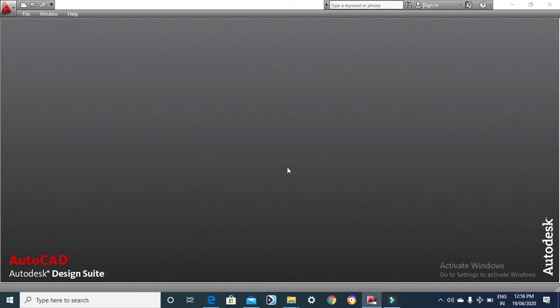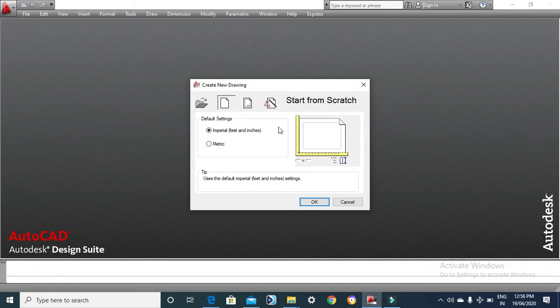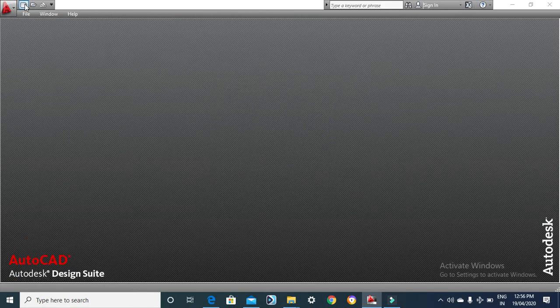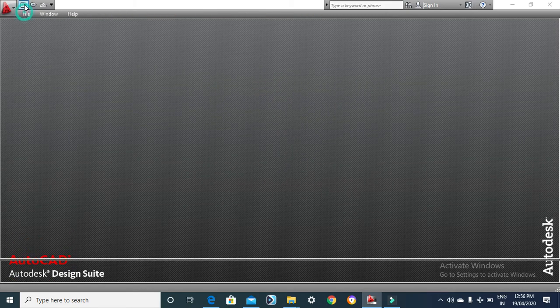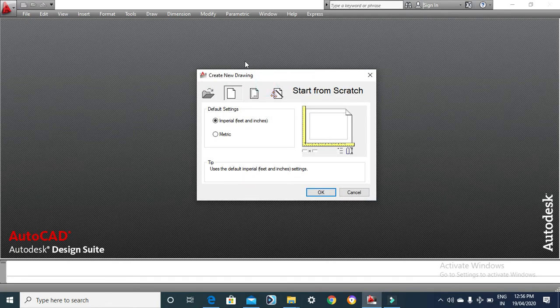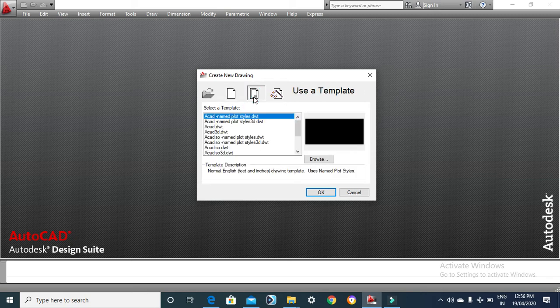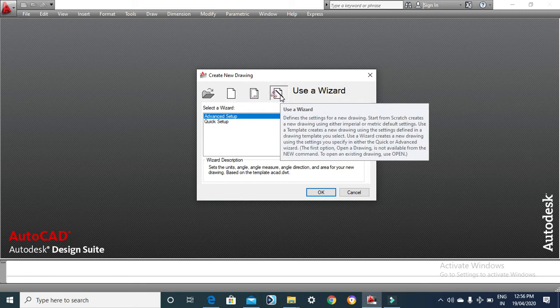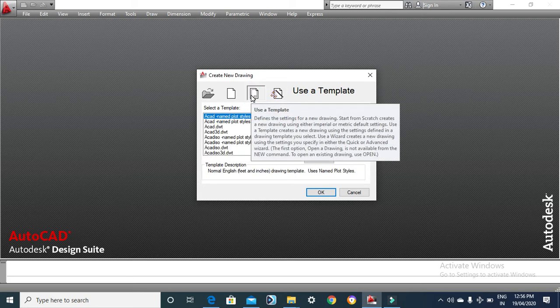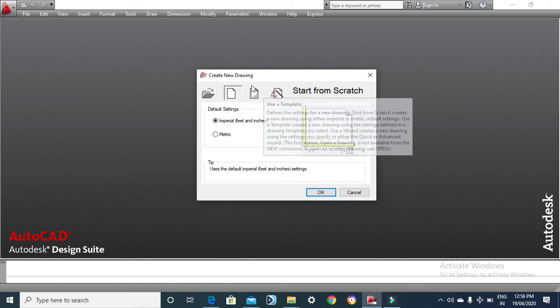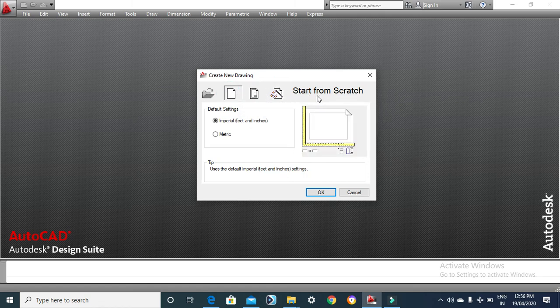Now even if you don't save this drawing, you simply cancel the drawing, you open a new drawing, what will happen? Now see, the moment you go to New, it will open a blank file. Now this is the most important part of this video. This window appears. It is asking to create a new drawing: start from scratch, use a template or use a wizard. One by one in my coming videos I will take up the wizard and template topics, but in today's video I will take up how to start a drawing from scratch.